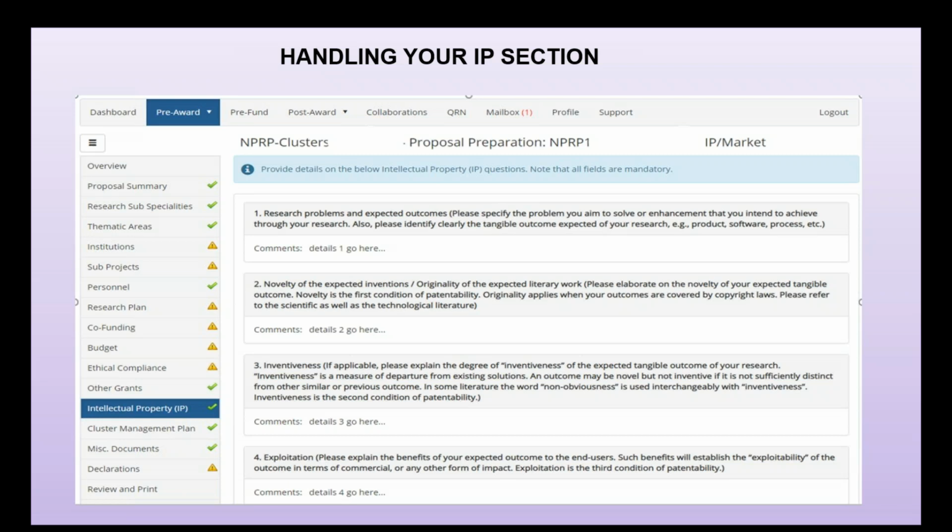So whatever I'm going to say now will be applicable to all of you because you will have to deal with this section whether you are applying for an NPRP cluster or the NPRP standard. So it is an opportunity to explain this section that we are going to look at just now.